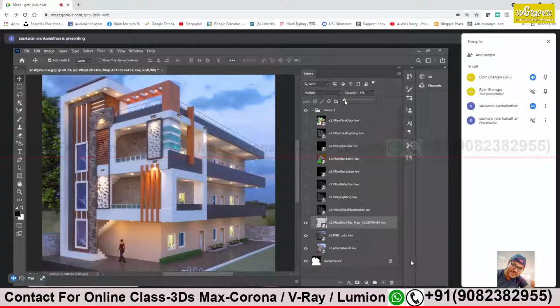Now increase the opacity a little bit. And see at the corners you will see the shadow. It will give a shadow effect. Increase to 5, 10, 15 until you see slight changes. A little bit of shadow should be there. If it's not properly visible, turn the eye icon on and off and see. Yes, slight changes there. Shadows are coming properly. At the corners you see dark shadows are there.